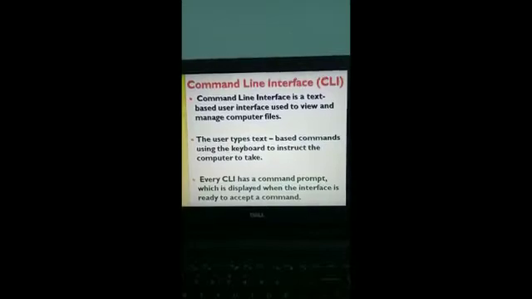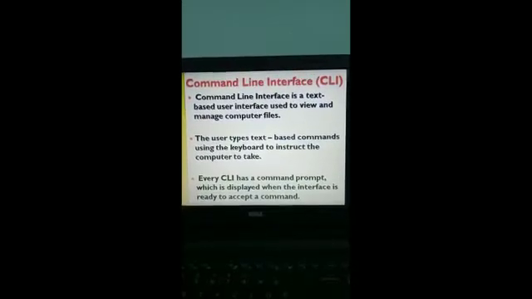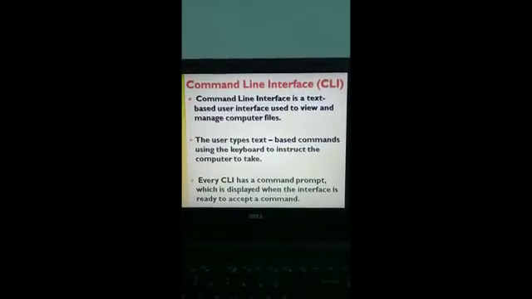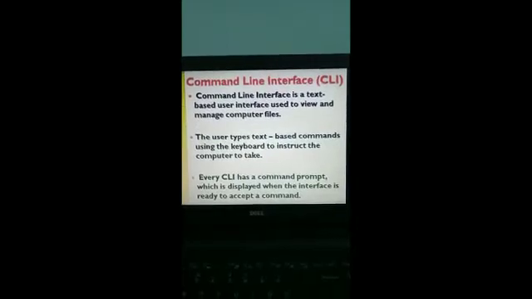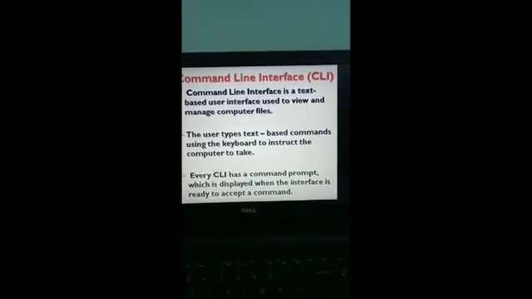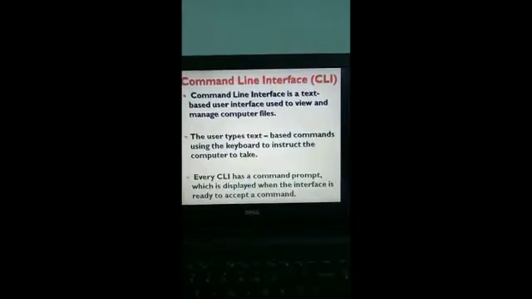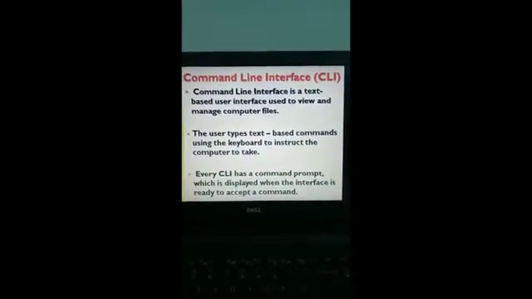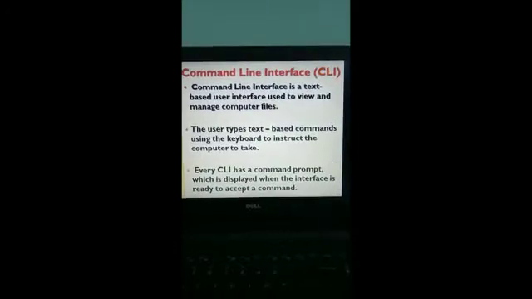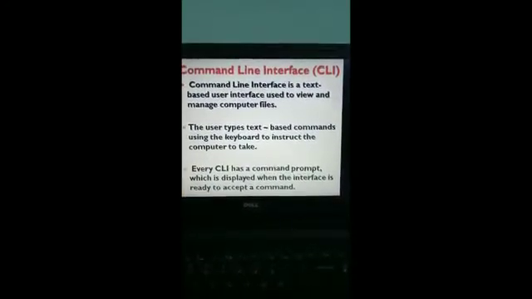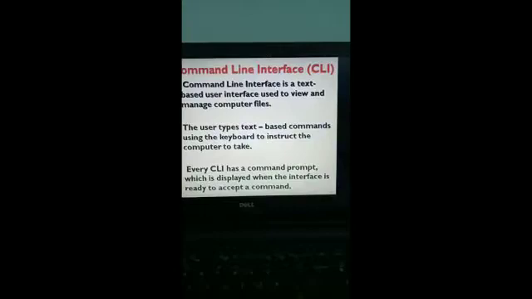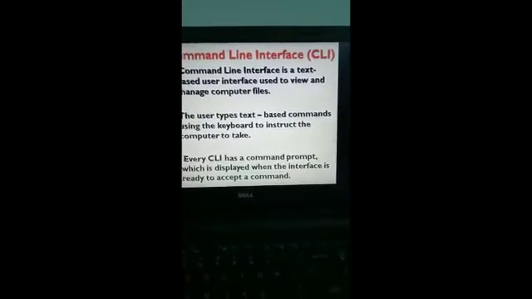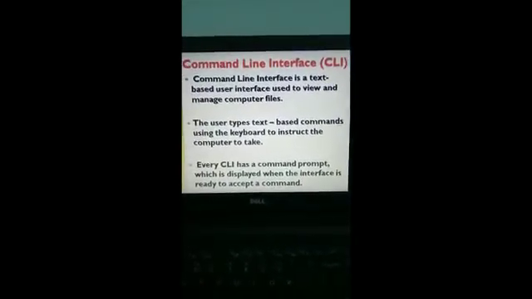Command line interface or CLI. Command line interface is a text-based user interface used to view and manage computer files. The user, or one who operates the computer, types text-based commands using the keyboard to instruct the computer.